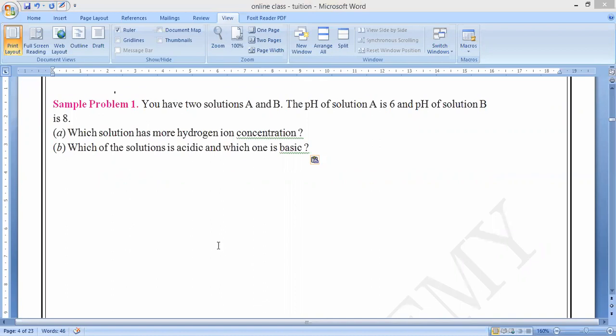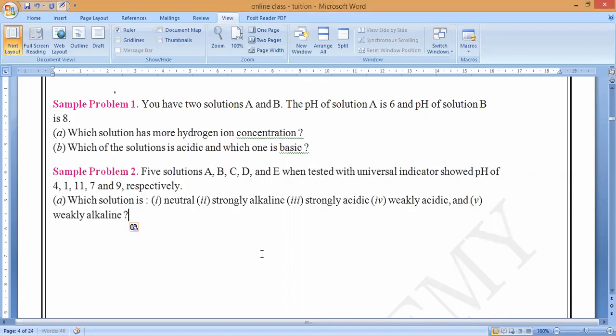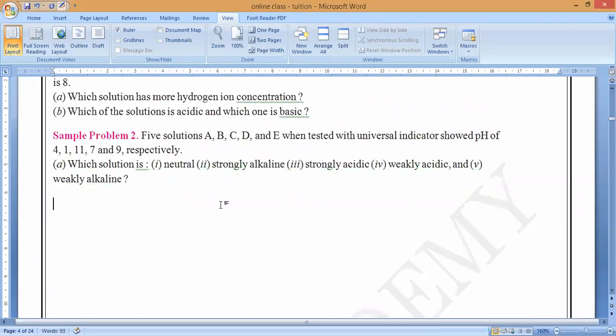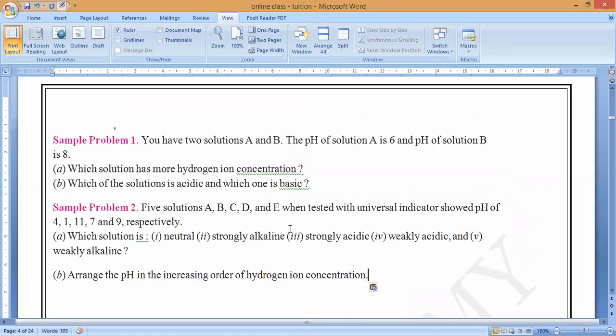Next, second sample question. Everything is based on MCQs only. So these are the 2 questions. Let me see who will answer. For the second question, you have to arrange the pH in increasing order, by hydrogen ion concentration, like a pH scale you have to draw. That is also most important. So please do this, fast, all of you. Everybody must do it.